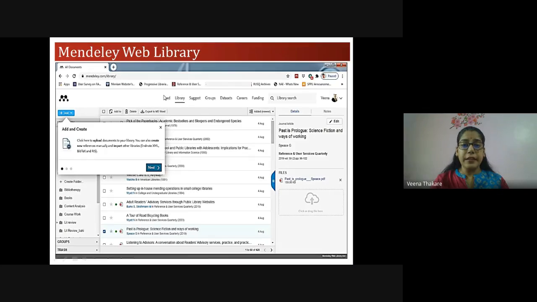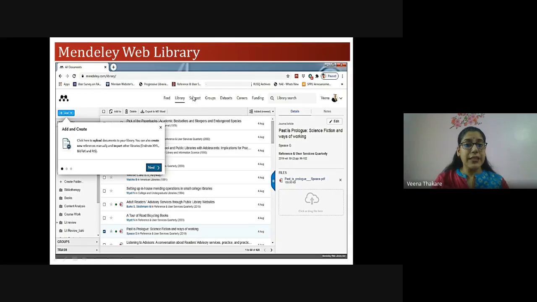So in feed, as I said, news feed, you can come to know about the updates in your field. Library, on which tab I have kept this open. So library, here you can add and create. Hands-on, again, we'll see if the time permits. But here is the add button. If you click this, you can directly add the references or import references from various libraries, other reference managers like Zotero or EndNote. Or you can add your own downloaded PDF articles into your web library.